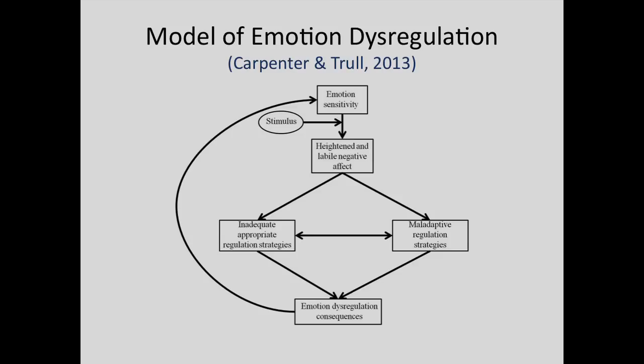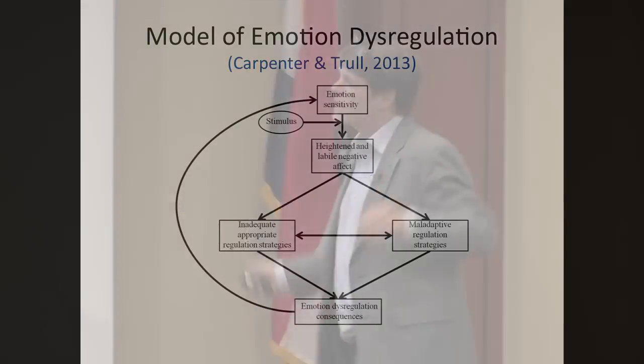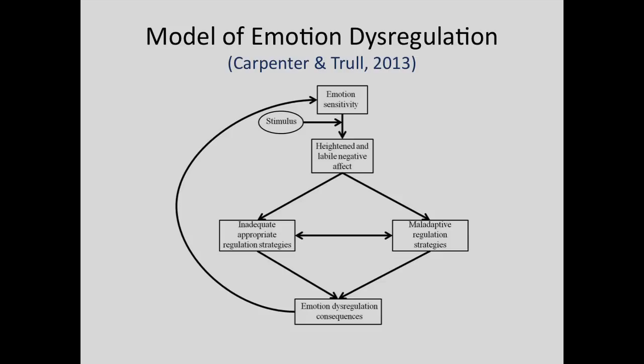It solves itself eventually. People with this disorder do not have high distress tolerance. So when they get distressed, they get more anxious, more angry, more sad, whatever, and it just feeds into itself. So that's one path. The other one here, in addition to not having adequate or appropriate strategies, they are prone to engage in maladaptive regulation strategies, things like rumination. If you ruminate about something negative, guess what? That's not going to make you feel better. I'll go ahead and give you that hint. Try it at home, but it's not going to work, okay? I'm pretty confident about that.